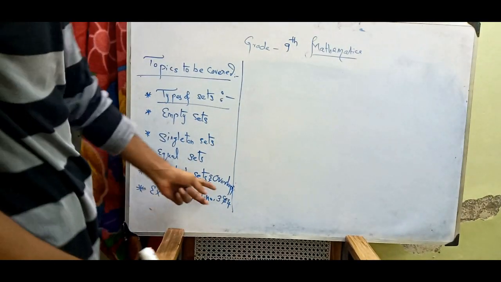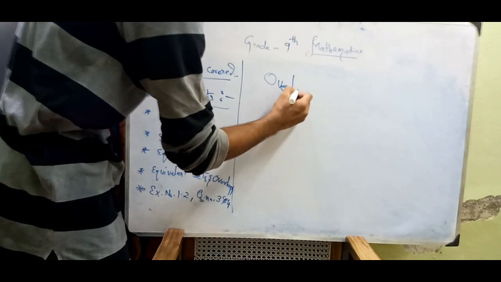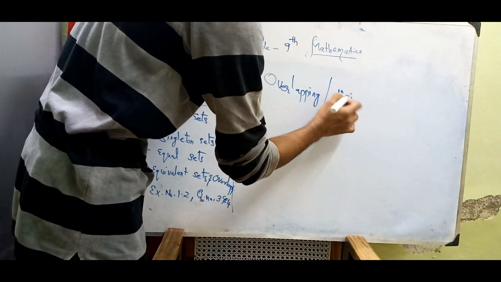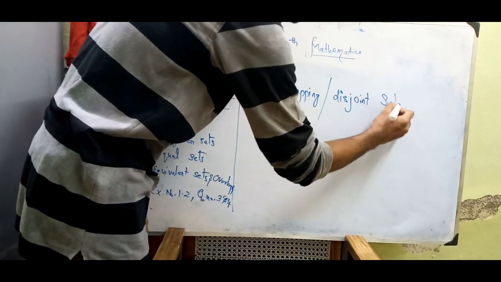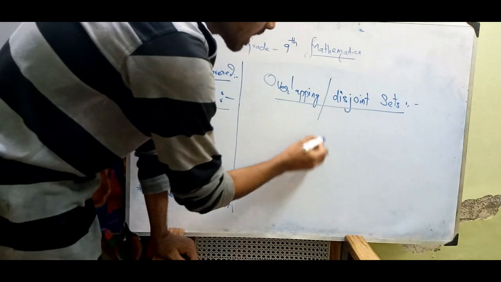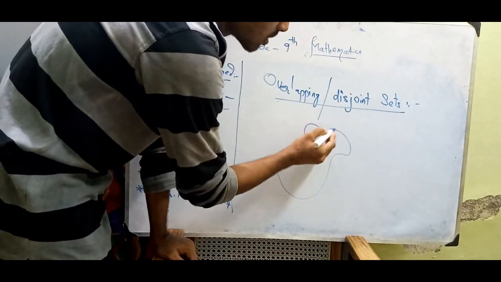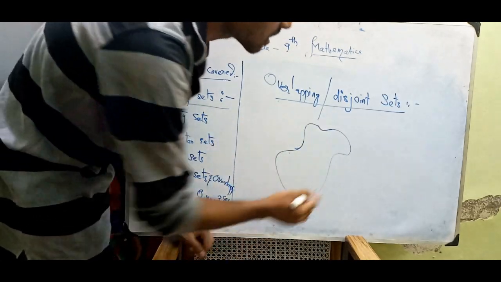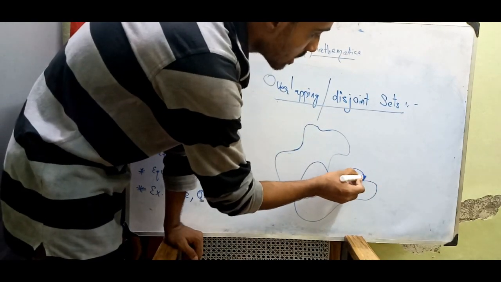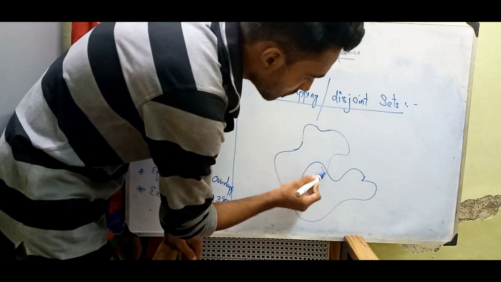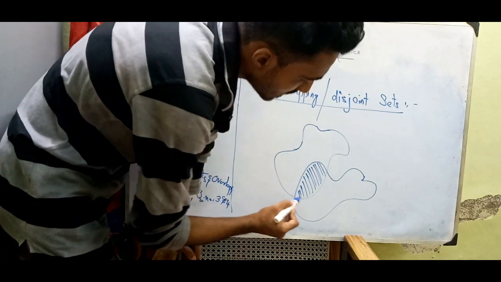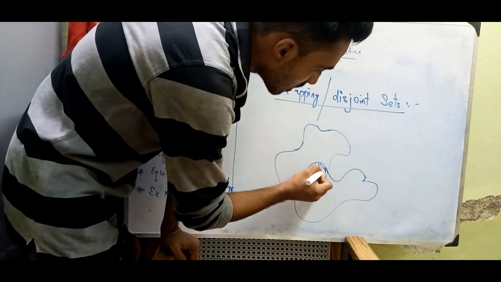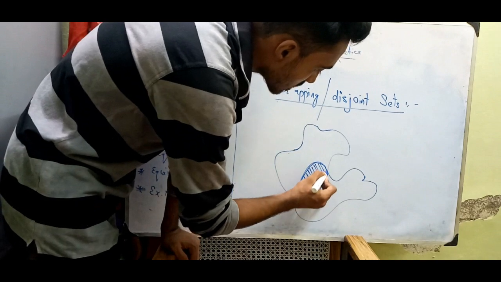Okay, let us go for overlapping or disjoint sets. Overlapping or disjoint set. So overlapping is nothing but if I draw some region, so this is some region, I don't know what it is, so let it be some region. Okay, so again I am drawing it like this. If the patches mean covering areas, and the covering areas cover only these two parts, I mean to say they intersect only these parts.